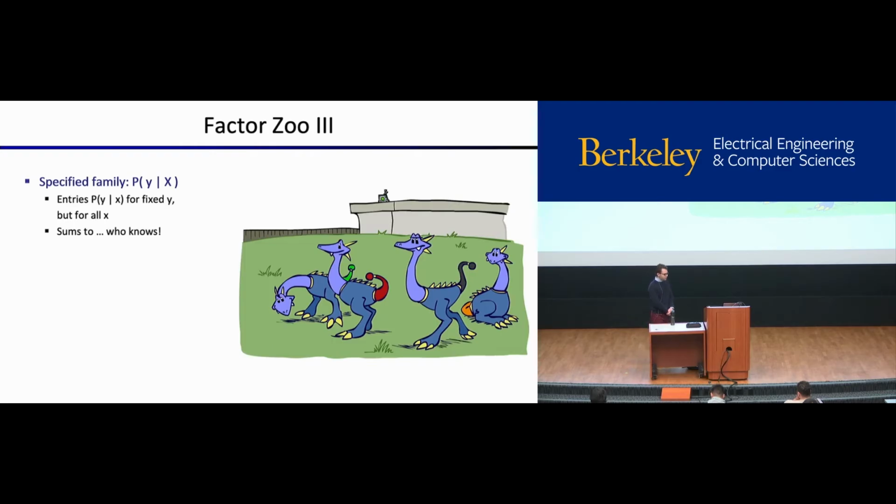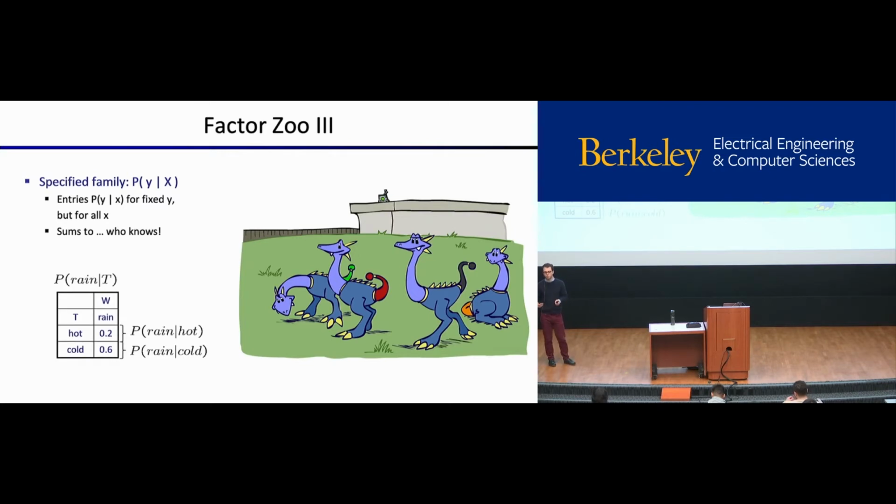Here's the last type of factor that it might be worth specifying here. So we have a lowercase letter conditioned on an uppercase letter. You can probably see where we're going with this. First of all, there's 1 capital letter, so it should be a vector, a one-dimensional table. We want an entry for each value of x and a particular value of y. So that looks like this. It's like the probability of rain conditioned on each possible temperature. There's 2 possible temperatures, hot and cold. This doesn't necessarily have to sum to 1. We don't necessarily know what it's going to sum to. But it's a type of factor that we might see, so we put it in there. Okay?